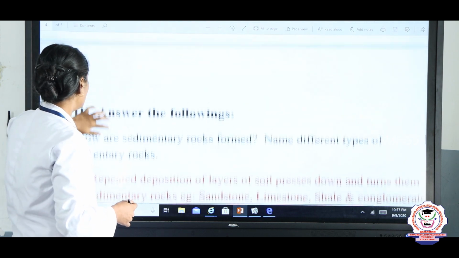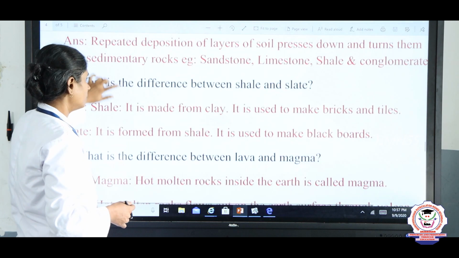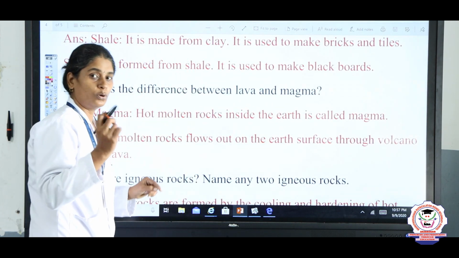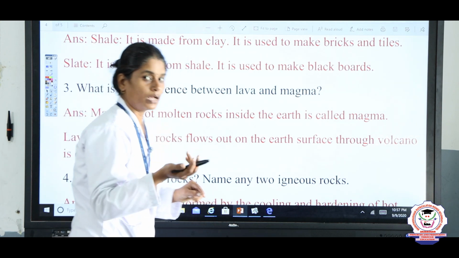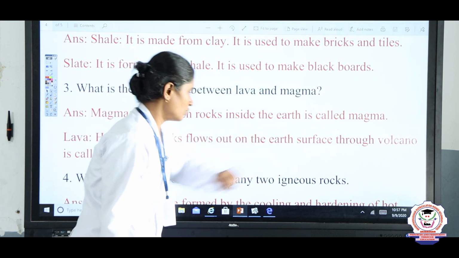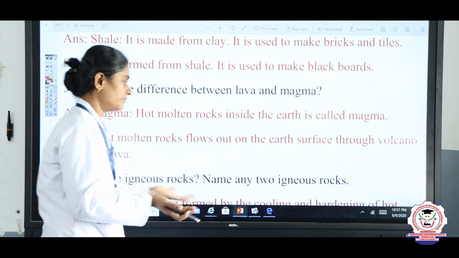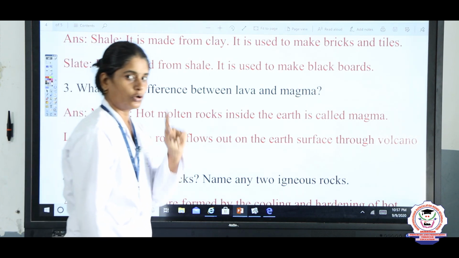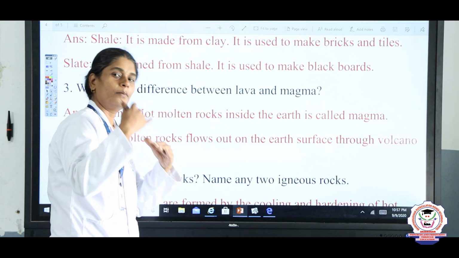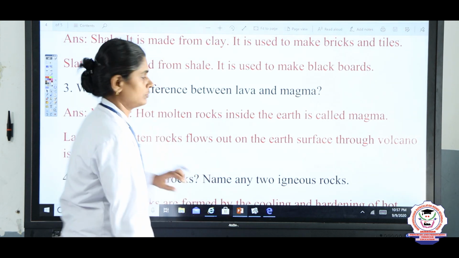So like that we have given 2 marks also. So this is the 2 marks. So what is the difference between lava and magma? So I told you the difference between lava and magma. So when the hot molten rocks are present inside the earth's surface, that is known as magma. When the hot molten rocks flow out of the earth's surface, that is known as lava. So are you clear? So அந்த நெருப்பு குழம்பு பூமிக்கு அடியில இருந்ததுன்னா magma, பூமிக்கு மேல வந்துருச்சு அப்படினா அந்த நெருப்பு குழம்பு என்னன்னு சொல்வாங்க? lava அப்படினு சொல்வாங்க, right.